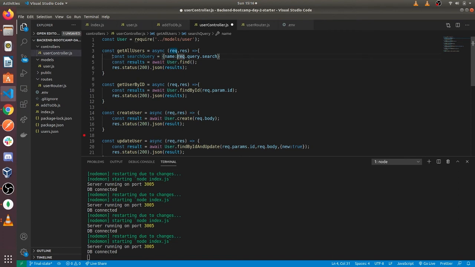We are going to use the regex operator now. MongoDB provides some operators that we can use to create special queries. Now, the regex operator allows us to match a pattern instead of equating key values. So now any document that has a name in which there is a part which matches our search string will be matched and returned.